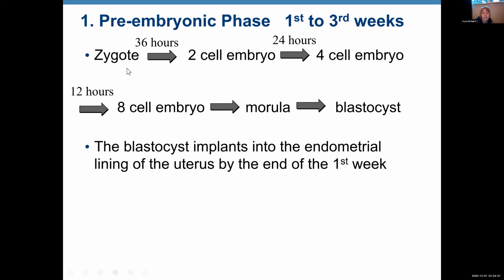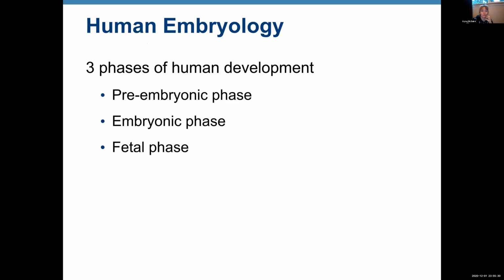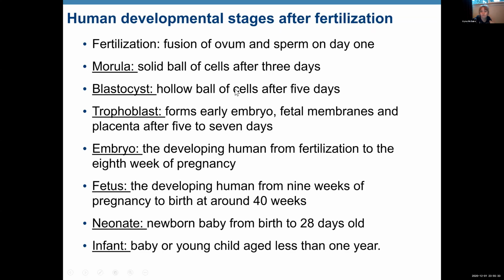Okay, so here we have zygote. Zygote is the first, that's a fertilized cell, right? When egg and sperm combine, we form zygote. So 36 hours, we have 2-cell embryo, then 4-cell embryo, then 8-cell embryo. So it takes about 12 hours. Then morula, and then blastocyst. So morula is a solid ball of cells, excuse me, and blastocyst is already a hollow ball,